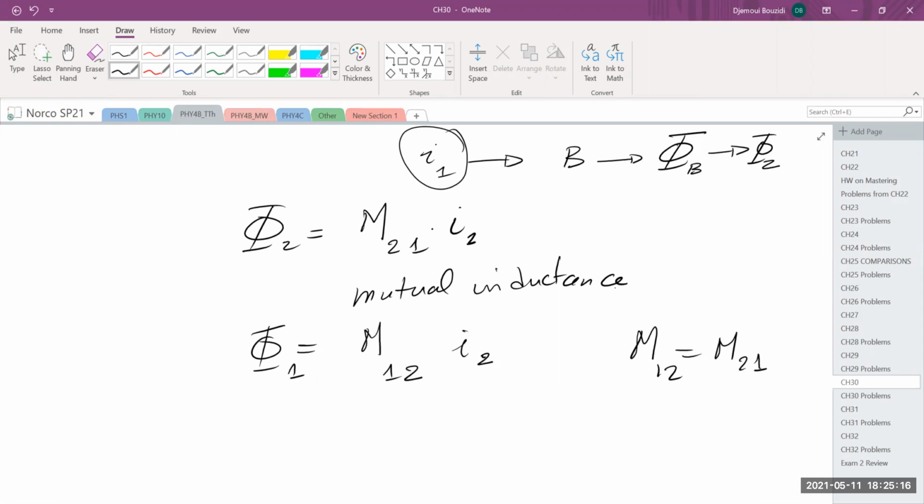And you can show that the mutual flux between them is the same. In other words, I drop the indices 1, 2 and 2, 1, and just call it the mutual inductance. So this is by definition what the mutual inductance is: the fact that a current in one side of a circuit will impact the other side of the circuit by creating a flux in it. So mutual inductance